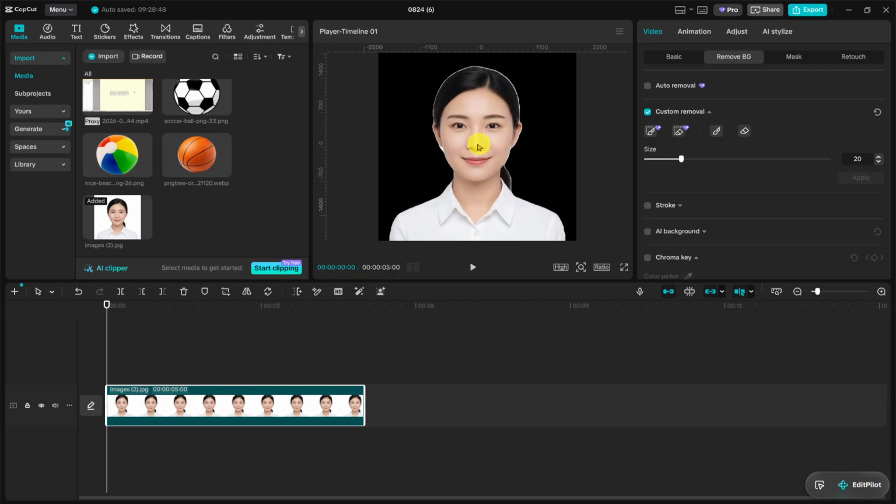After that, your quick brush selection should be applied, and your subject will stand out without the original background. If the selection doesn't look perfect right away, just take your time while brushing so the highlighted area